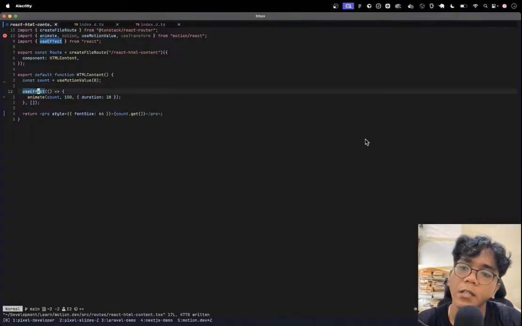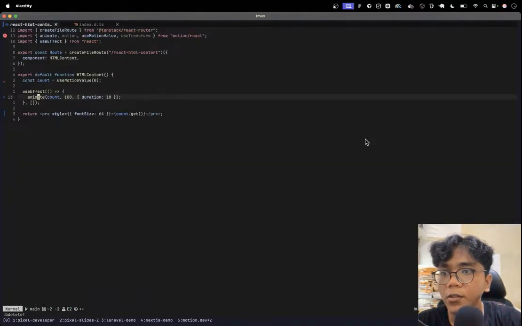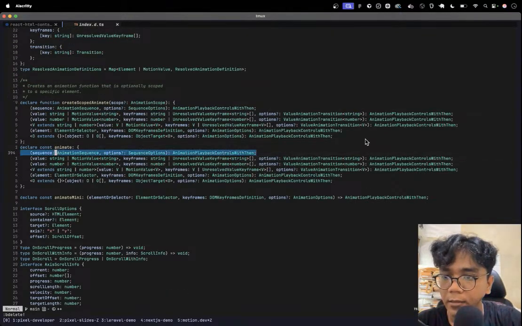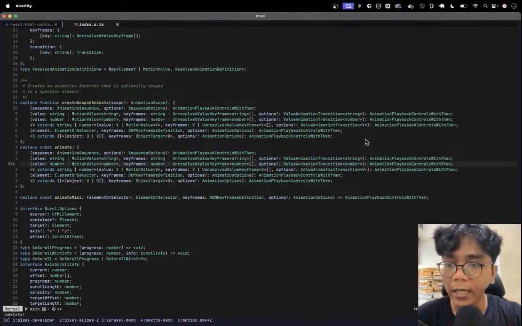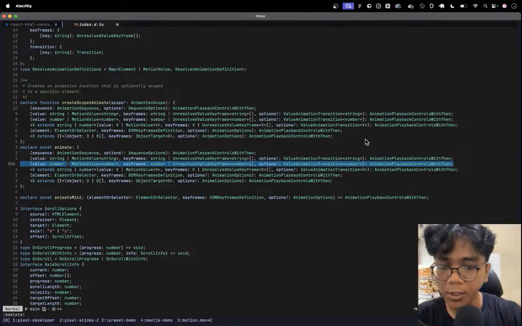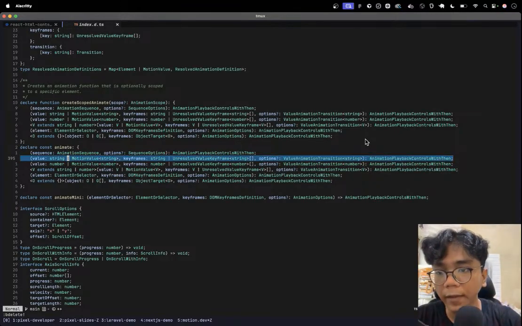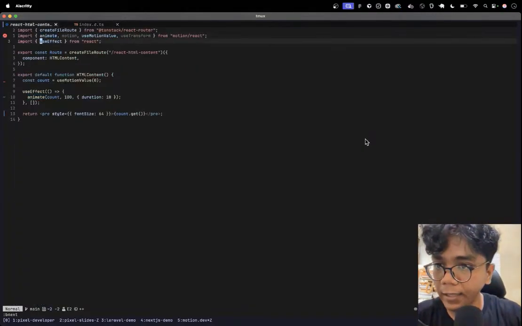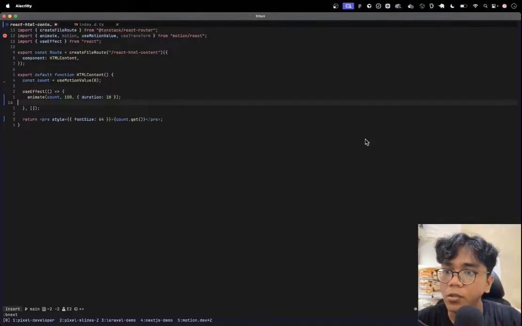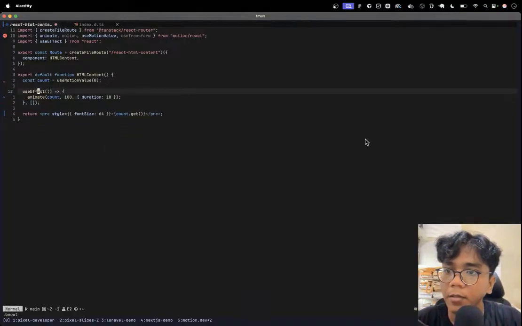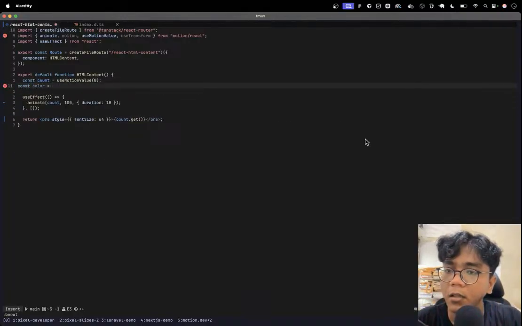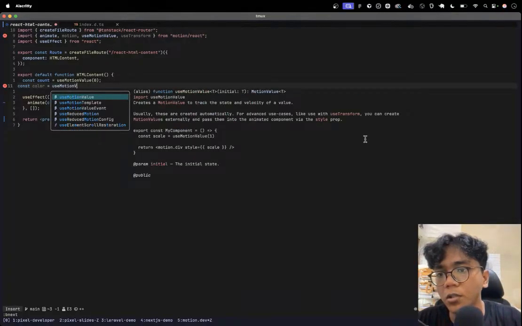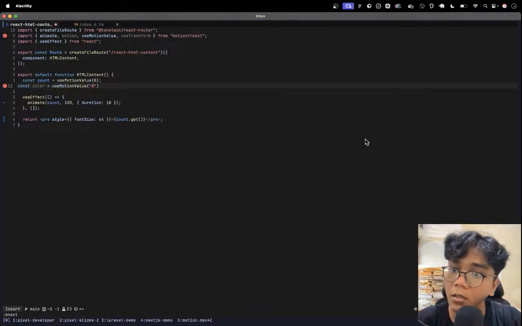And something that I need to show you also about animate. Again, if we pass the number, it automatically knows that we're using this particular argument. But if we use a string value, for example, we want to change the color of our DOM, we can use animate, maybe const color. The first color uses motion value of 000000. It's black,